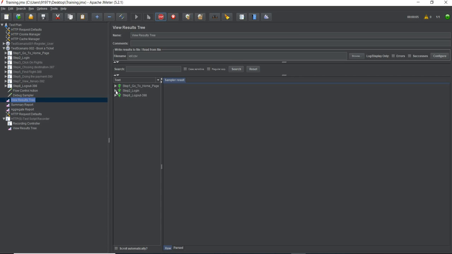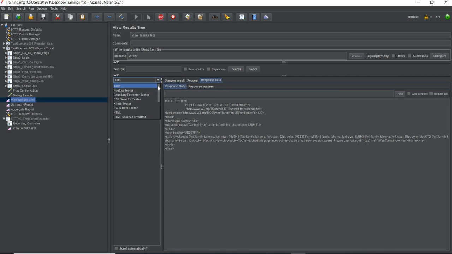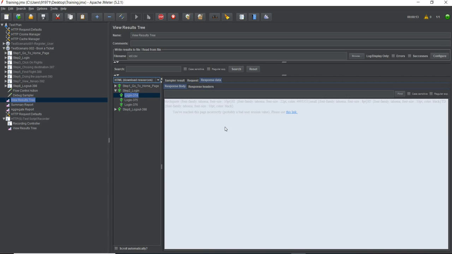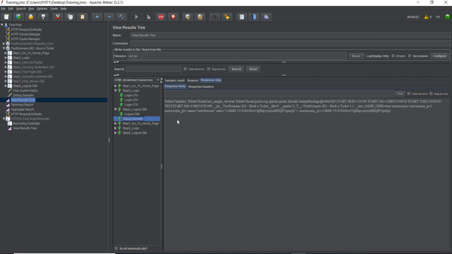Now I go over here and see in my login page. It again says probably a bad user session value. So I go to the debug sampler. Over here I can select the debug sampler.